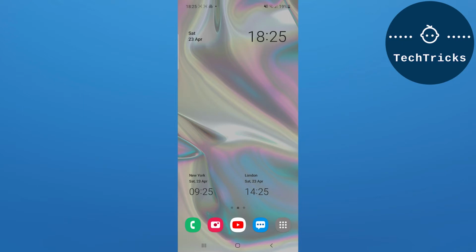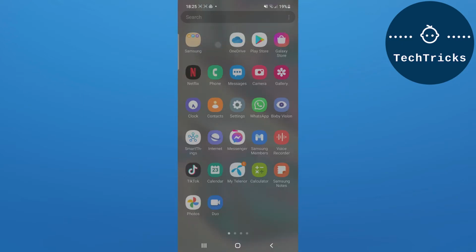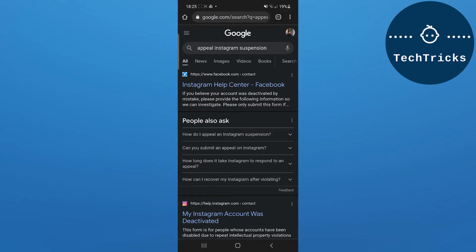So in order to fix this problem, you have to go on Chrome, and then you have to write over here "appeal Instagram suspension", and then on the first result you will have the Instagram Help Center option for Facebook link. You have to click on that. As you click on that link, it will open